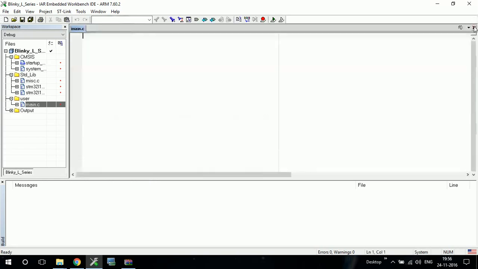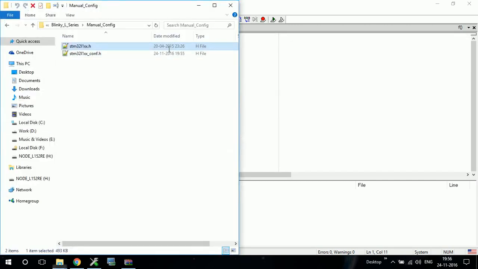So let us go to our main file, and we have to include our standard, okay, hash include, that STM standard library function.